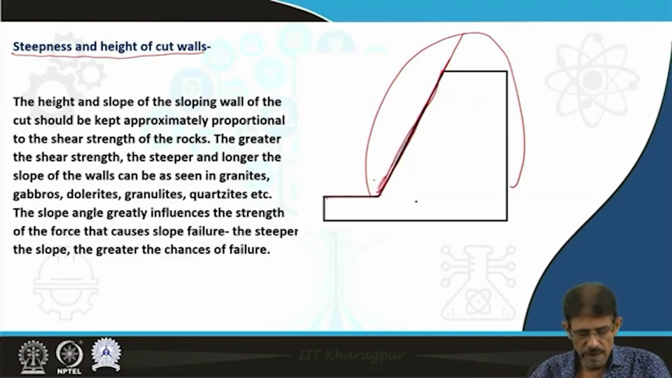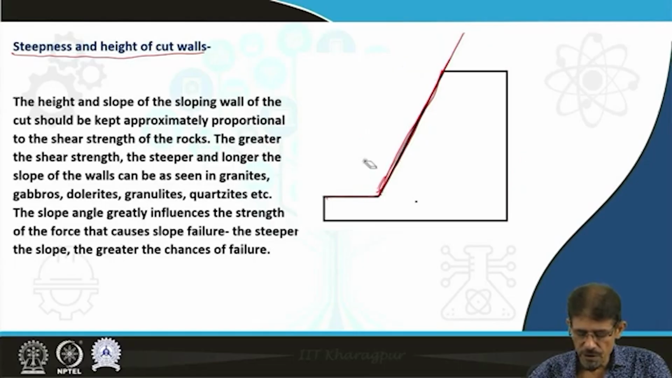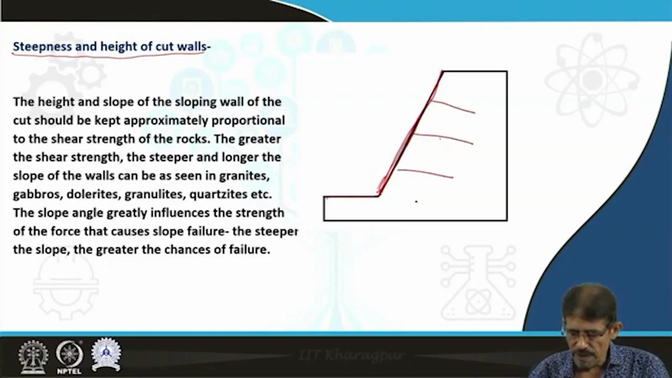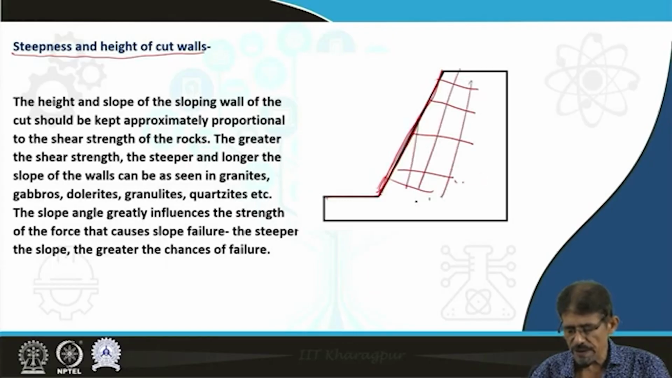This cut wall height and stiffness ratio is very important, because the stability aspect depends on the stiffness and the height of this slope wall. Then the presence of joints and others are secondary parameters which are going to further weaken this